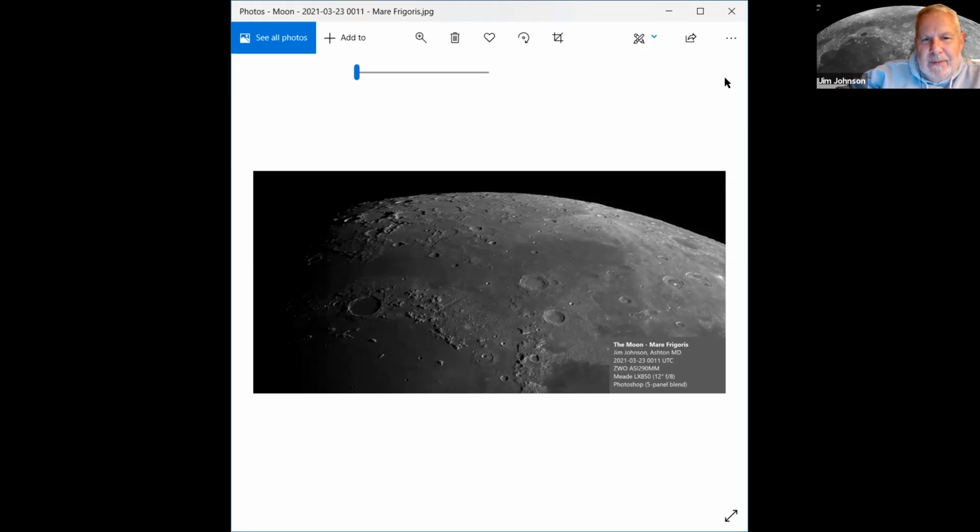Yeah, this is at prime focus. When I have tried to put a 2x Power Mate in there, basically the craters stop looking like divots and start looking like bumps, like the top of a McDonald's soft drink lid. And then I get compulsive, obsessive, and I start trying to pop them back in. I spend all night doing that. So I haven't had very much luck going in with a Power Mate.